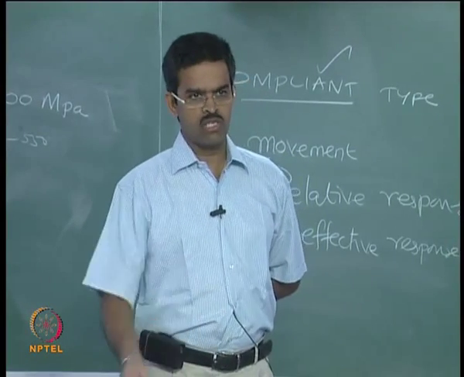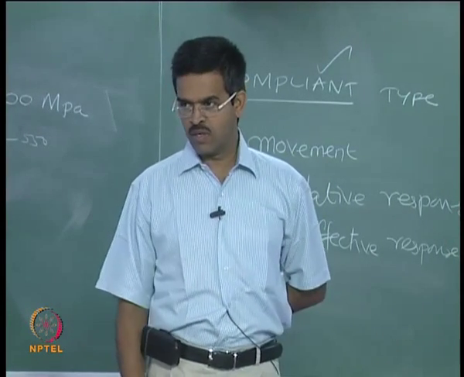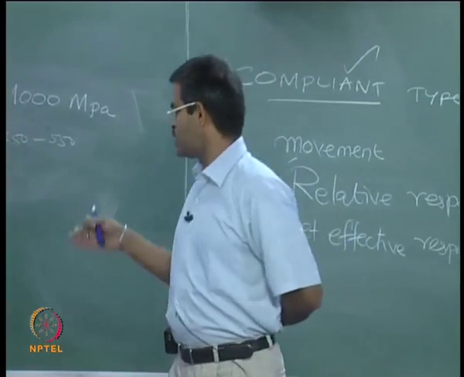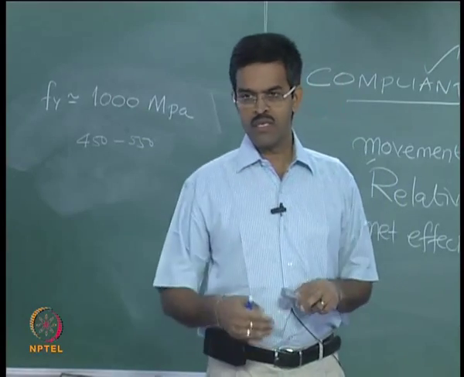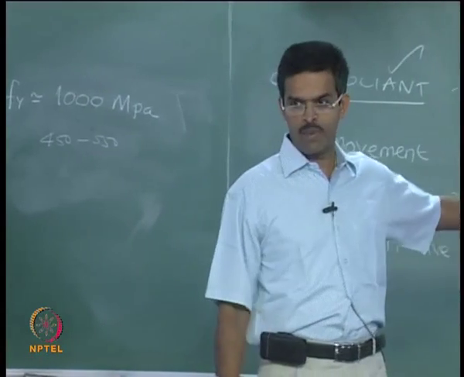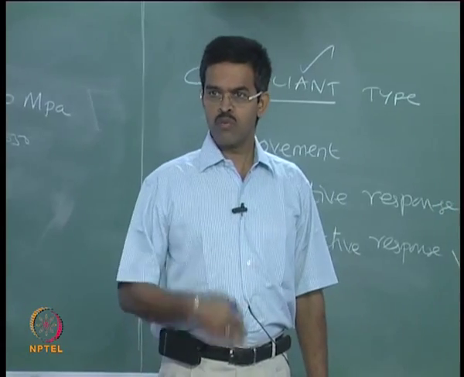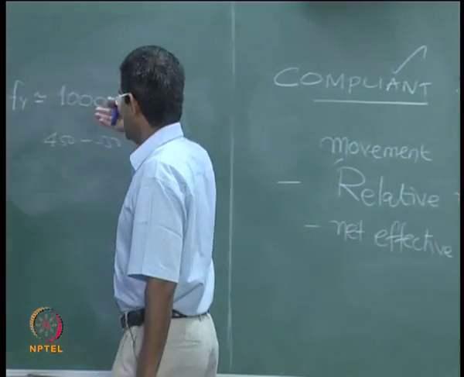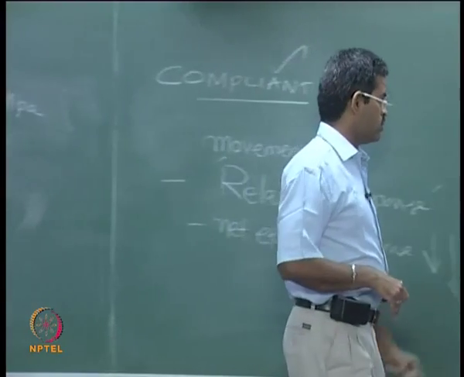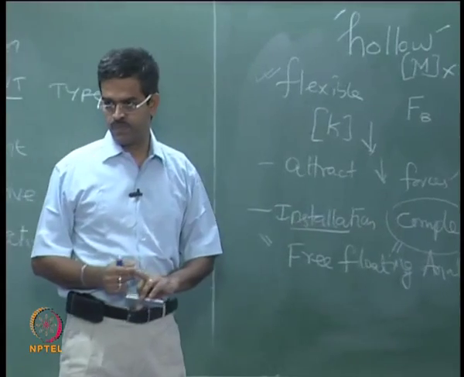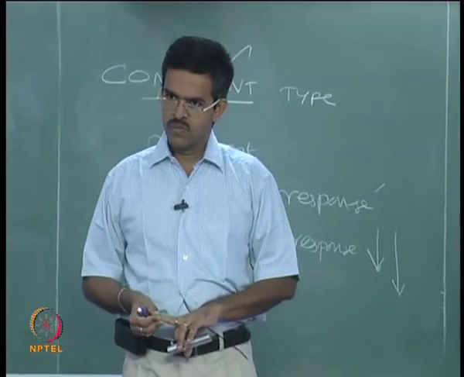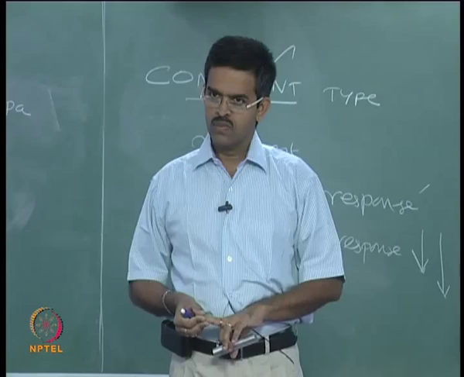It is a very interesting reverse question. The answer is already available, what I said just now. I cannot use fixed type systems at deeper waters because fixed type systems by their form have a tendency to attract more forces, which I do not want to happen there. Now, the counter question is, if I have a member of very high yield strength, why do I not want to allow a member to have higher forces? Any answer for this? So, this will be a question for you for examination.